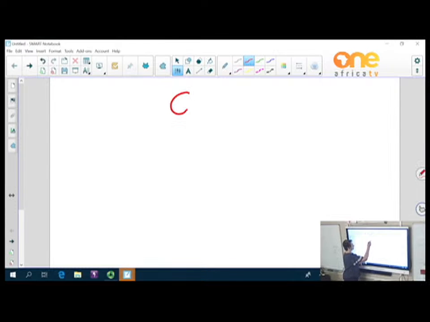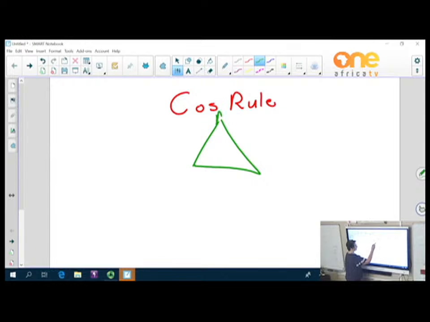The last rule that you've looked at was the cosine rule. And we use the cosine rule to get the third side every time. So let's just refresh our minds again. If this is triangle ABC, then this is side A, this is side B, and this is side C. Now, what we're looking at today, still actually using the cosine rule, but now we want to find an angle, a specific angle. So you will use this one if you have the three sides and you want to